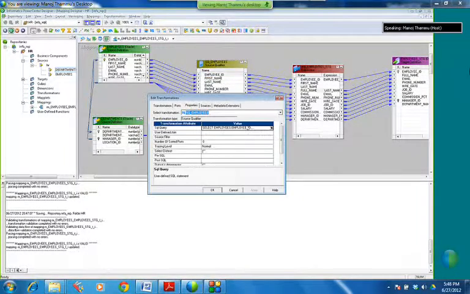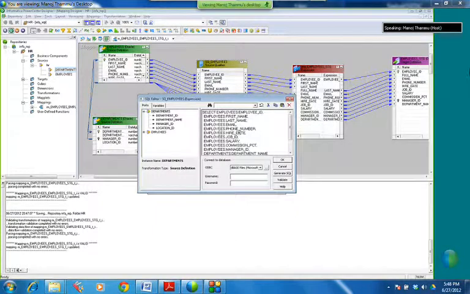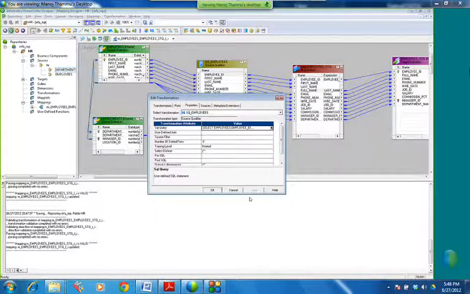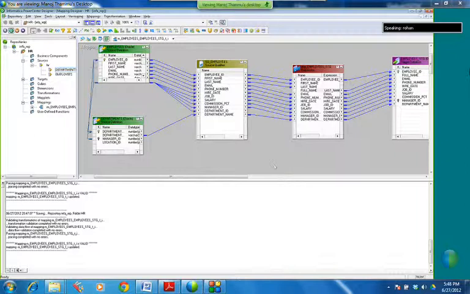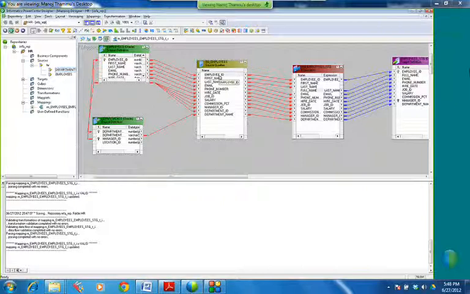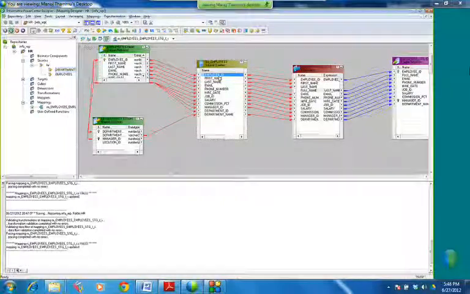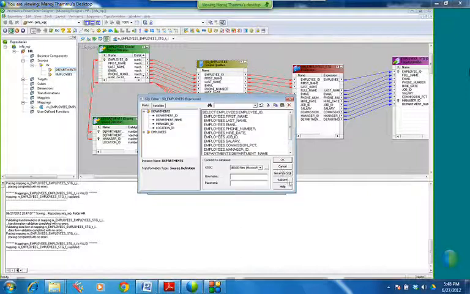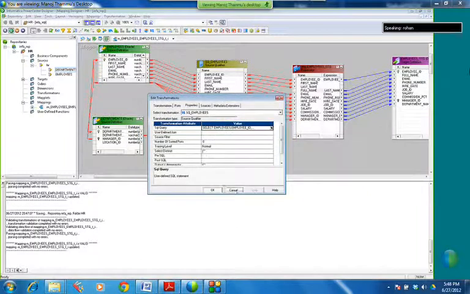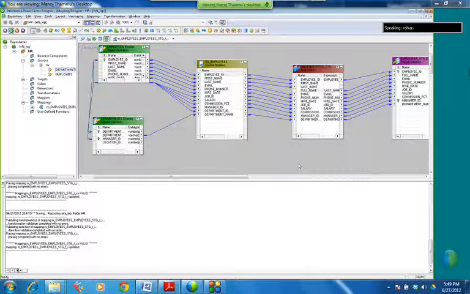So it is better to use the source qualifier query here rather than an expression when these are tables. When it is a flat file, we cannot write a SQL query in the flat file, right? Flat file is something like a notepad file. Then you have to use an expression.